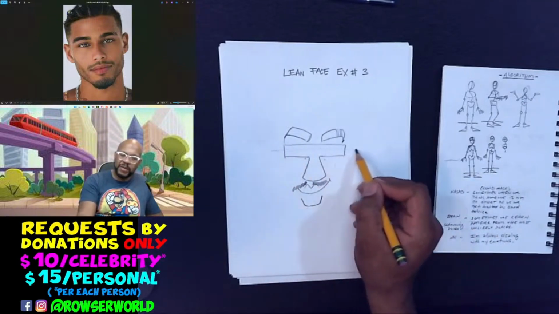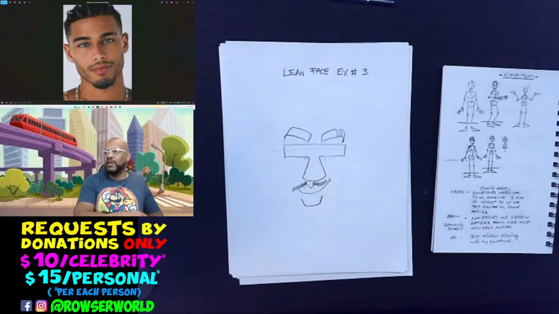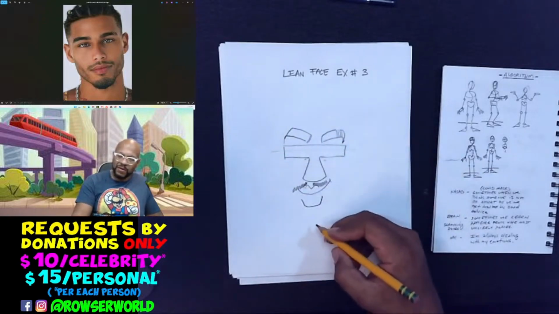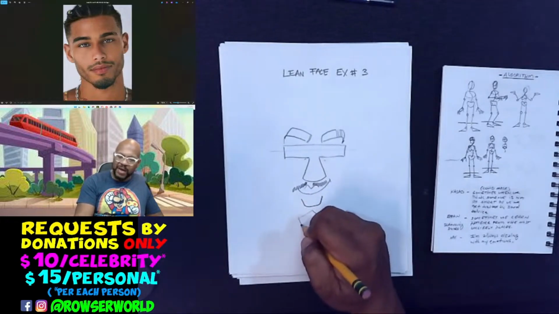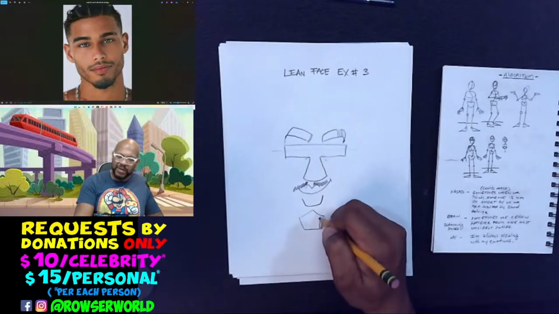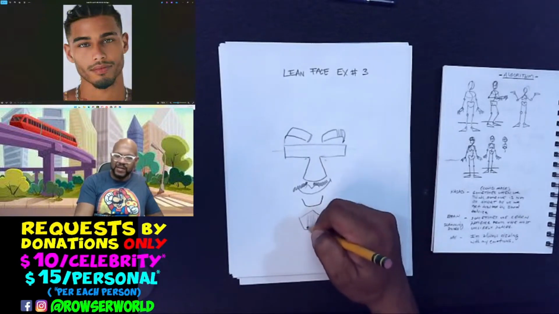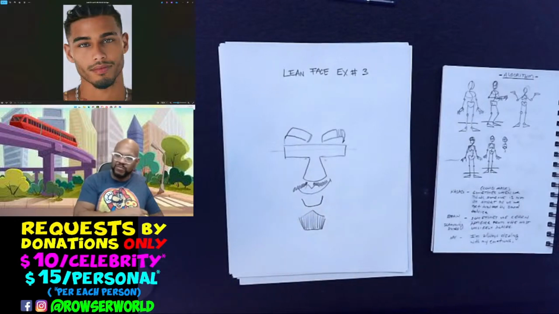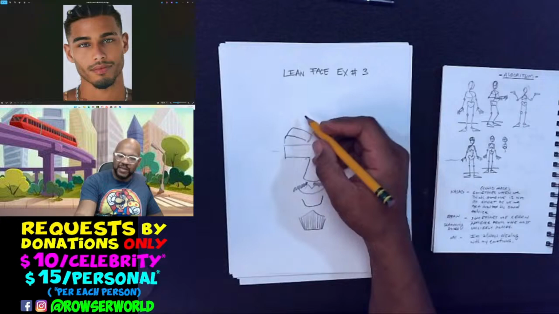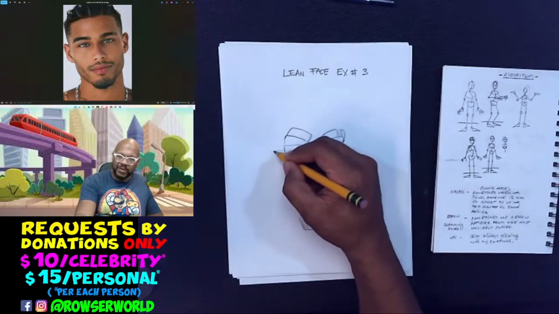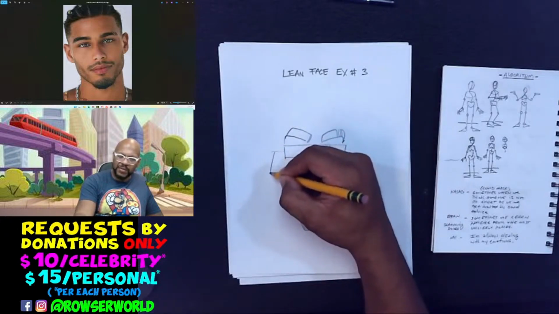I'm going to look at the mid T-shaped line. Once I have the mid T-shaped line, then I'm going to look for where I want my shape to generally end. So I might do something like this here, just to tell me I want my shape to end about right here. So this might be his little goatee shape. So from here, what I'm going to do is I'm going to go